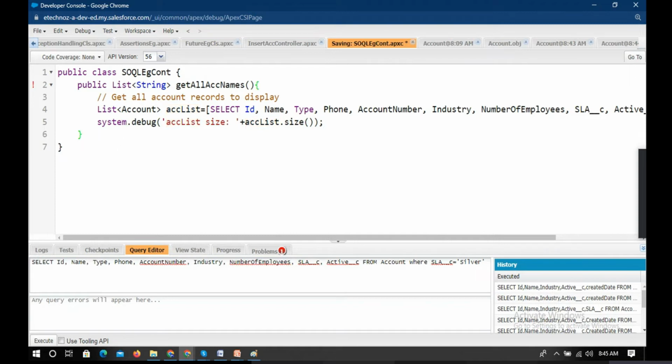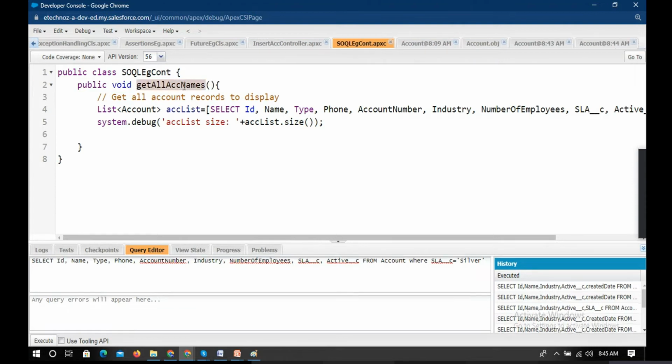Just save this. I need to write a return statement because it is throwing an error here. It is having a return statement also, but for now let me just go with void and we'll see the return type later. If you execute this method, what will happen? It will pull all of this ACC list and showcase only how many records you have. So quickly, just copy this